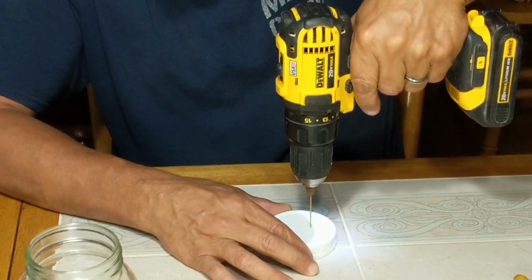If this works out the way they say it does, this is so fast and so simple and so easy to do. There's a couple of different ways to test the silver, and I haven't really decided yet exactly how I'm going to test it, but I'm understanding that you're going to see this working right away in the jar. So we're going to make one hole